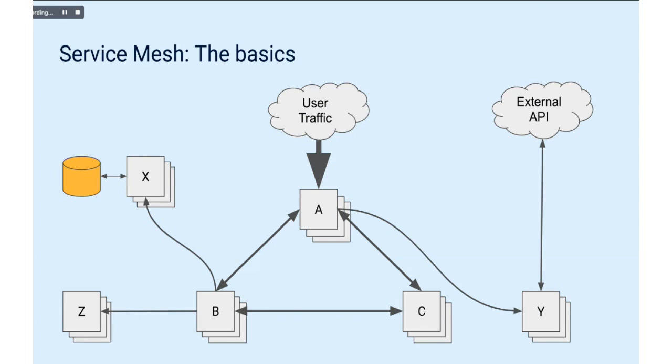So here we see what I like to think of as a more realistic version of a distributed application. We see that there is a persistent data store that this service X communicates with, and there's also an external API that this service Y communicates with. And then within the application itself, we see each of the services communicating with each other. And again, this is just an example. This may not be what your application looks like, but the goal here is to show you how things can